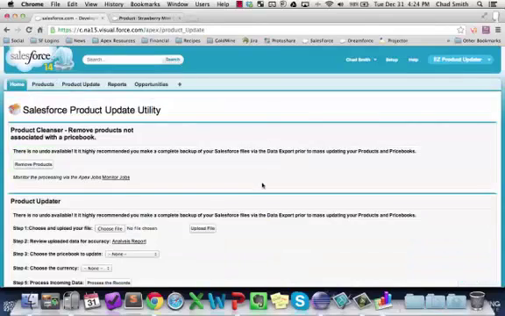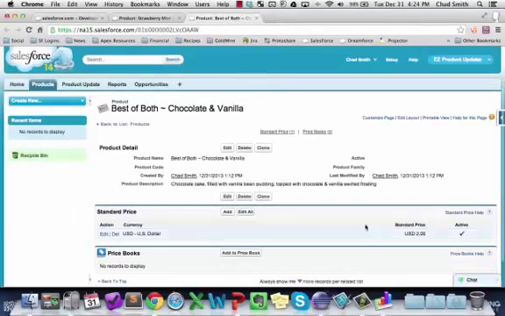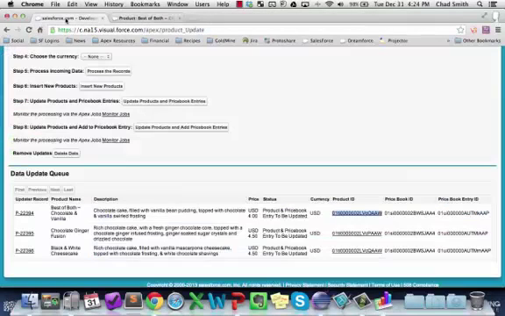All right. So now we just have a few records left to take care of, those where the product and the price book entry are going to be updated. So let's take a look at one of those here so we can make sure that the price is actually changed. So it's $2 now. And if we go ahead and update the products and the price book entries,